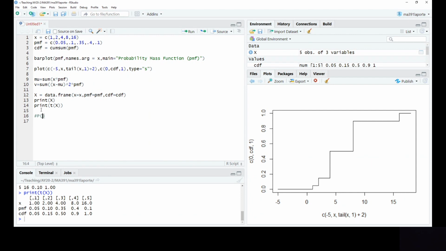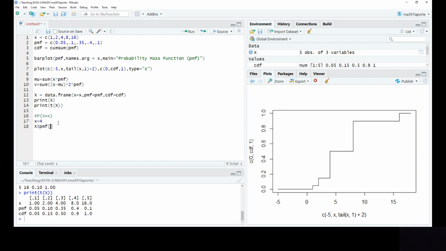Okay, so probability capital X, and then we're going to set small x equal to, oh, we've already put it in there, so we're good. We'll set it equal to some number, one of the ones that are in there, let's say 4. And so this is coming down here. So if I'm looking to get this number out of my data frame, so go X$PMF,